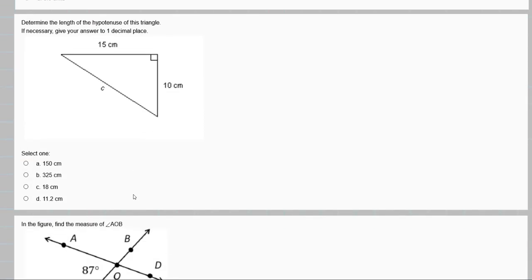Determine the length of the hypotenuse of this triangle. If necessary, give your answer to one decimal place. Same as the last question. This is the longest side. It's opposite of the right angle. So we can just do a squared plus b squared